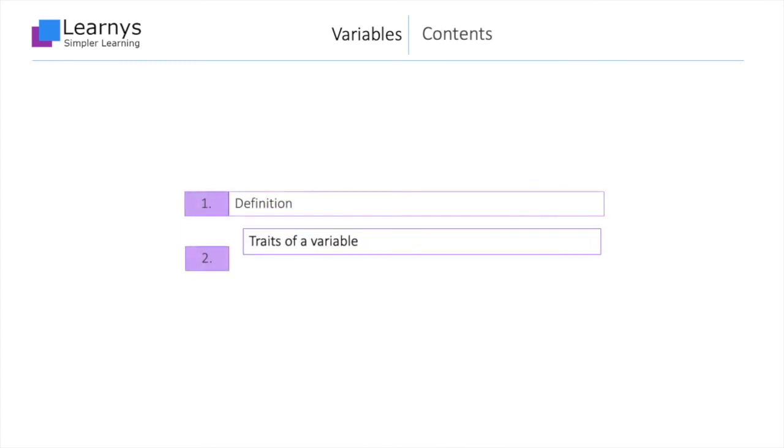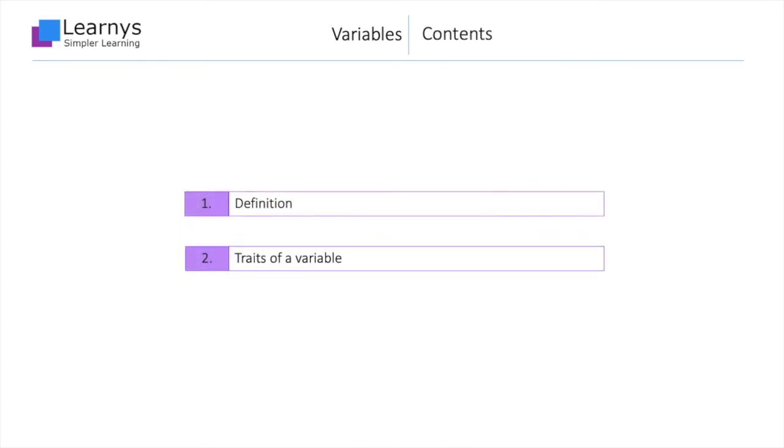In this video, we looked at variables and their numerous traits. We took a brief side step to look at how programs are stored in the memory. This is an auxiliary video discussing the data types in detail. In the next video, we will be looking at how to use variables in the C language.